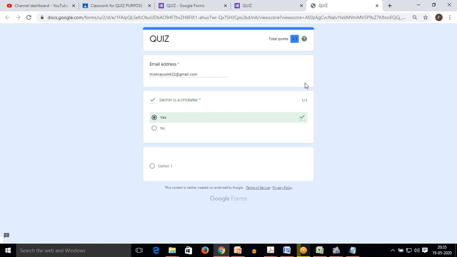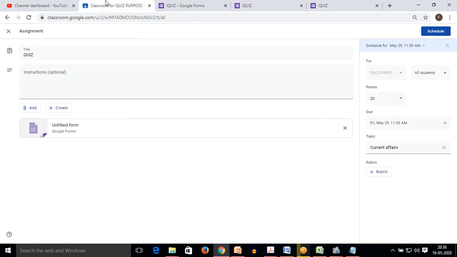If I view the score, I can see that the total points I achieved was 1 out of 1. Okay, and the correct answer I chose was yes. So this way the students can visualize their errors also, and they can go for some kind of corrections in their assessments further.